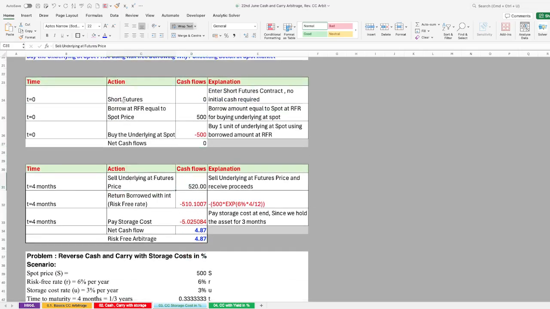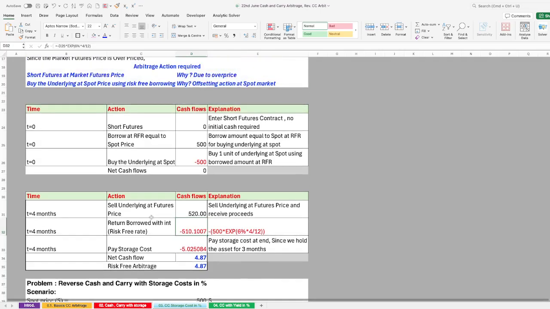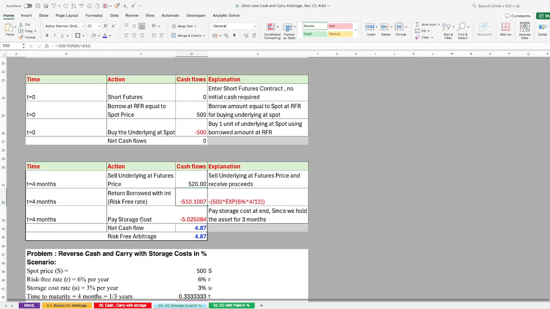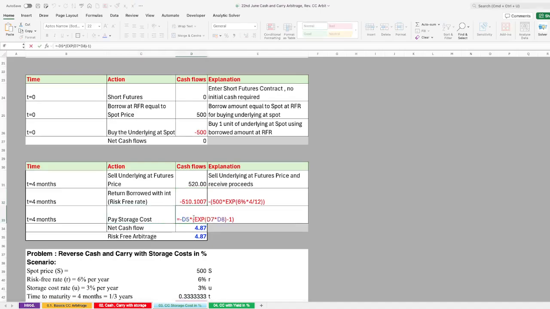Again, when you short the futures, sell the underlying at the futures price, that is plus 520. Then return the borrowed amount with interest, and that is minus 510.10. Now, since we have bought the underlying, we have to pay the storage cost. Here, the storage cost is given in continuous compounding, so we have